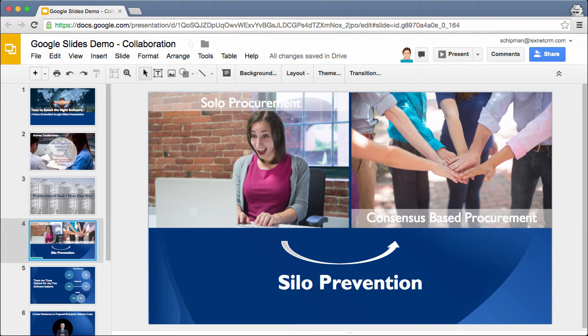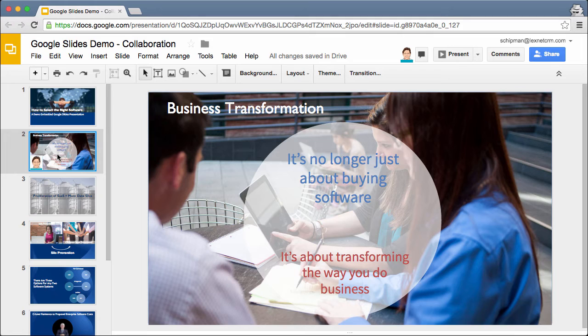So I'm going to pop off screen and pretend I'm John for a second. And you'll see John has just clicked on slide 3 because the colored bar is now in the bottom left of slide 3. And then when he clicks on slide 2, you'll see the colored bar has moved. So back in this presentation, I'll hover over and click on the same slide.